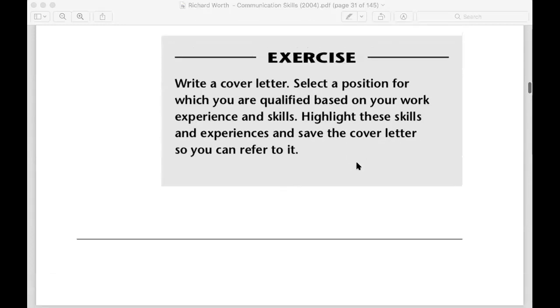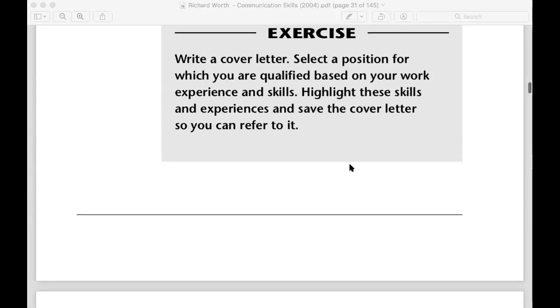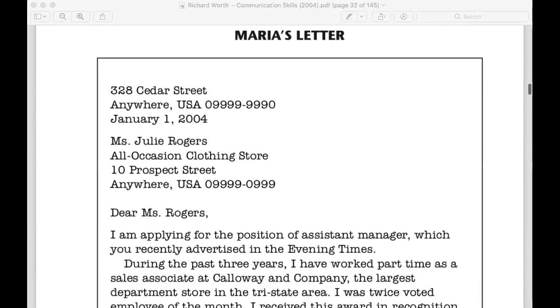Now I'm going to give you a position and the place where you have found the advertisement for the job. Okay, so we would be writing a cover letter. I'll select a position for you. You'll highlight your skills and the experience in the cover letter. You can refer to it. Now, right now on your screen, let me admit a few people, and then we are looking at this screen. What you're supposed to do is